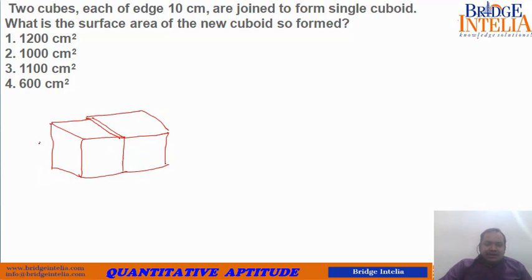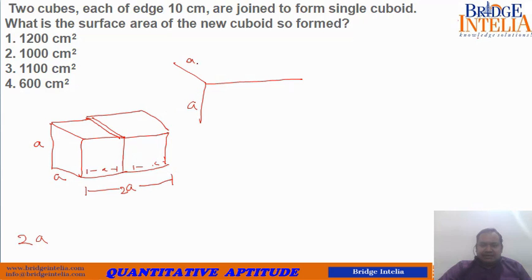If the original dimensions were a and a, what will happen to the new dimension? What will be the new length? This will be 2a because this is a, this is a. So sorry, one side will be 2a. What will be the height? It will still be a. So look at the 3 sides. See, this is the best way to analyze the sides of a cube or cuboid. This way you can think. So this will still be a, this is still a, but this has become a plus a, 2a. So this is the change that has occurred.